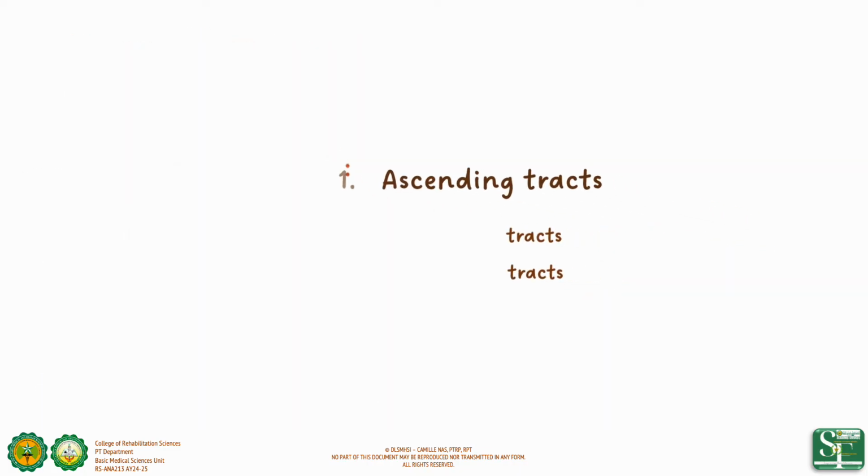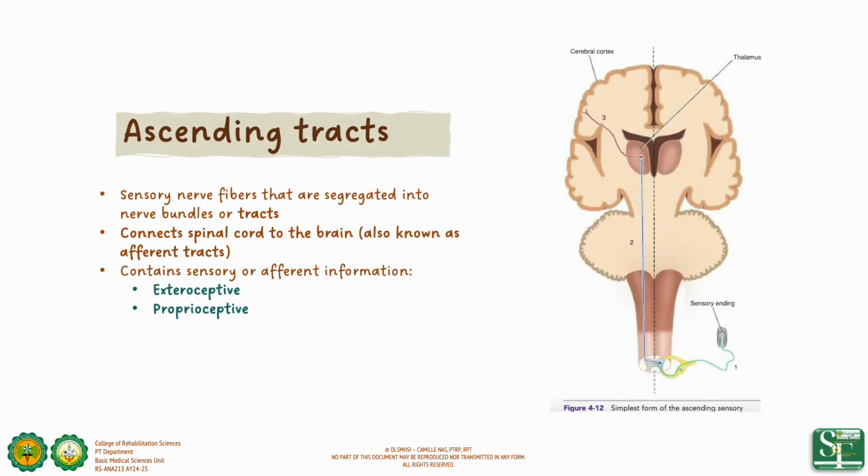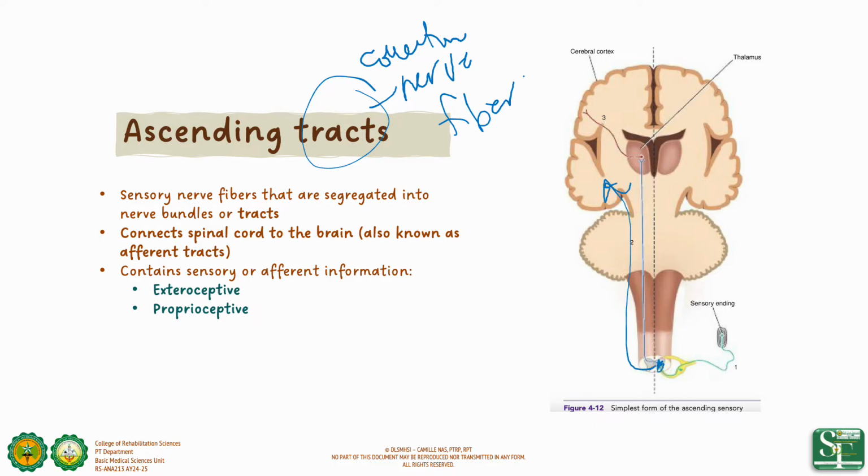Let's start with the ascending tract. So, these are sensory nerve fibers that are segregated into nerve bundles or tracts. Kaya siya tracts kasi madaming, it's a collection of nerve fibers. Connect spinal cord to the brain, also known as afferent tract. So, from the spinal cord, papuntang brain. Okay, and it contains sensory or afferent information such as your